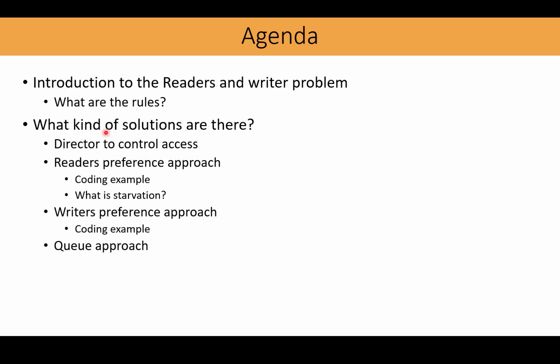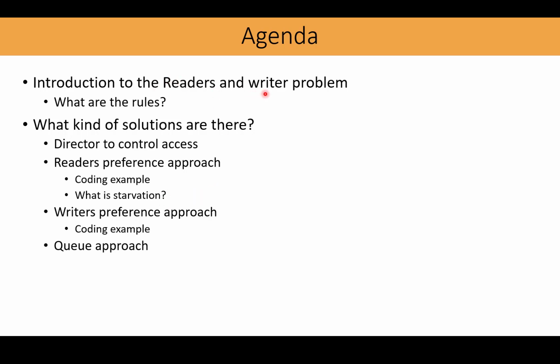First, a little introduction to what I call a director. I don't know if that's an official name, but that's what I call it. And then we have three solutions: the reader's preference, the writer's preference, and a queue. And I will do a coding example for the reader's and writer's preference, and we will talk a little bit about what starvation is, a problem that we need to consider